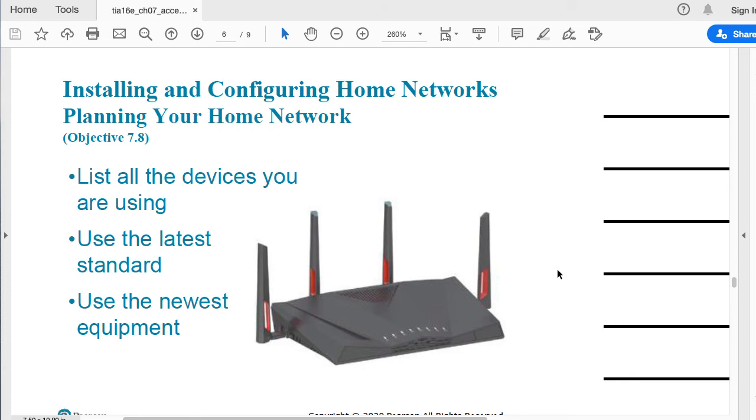Now, before you deploy your network, let's say that you decided to go for a wireless network. There is some information that you have to gather before you actually do it. So first of all, you have to have a list of all the devices that you're going to use, all the devices that you want to connect to that network, and specifically to the internet, right?